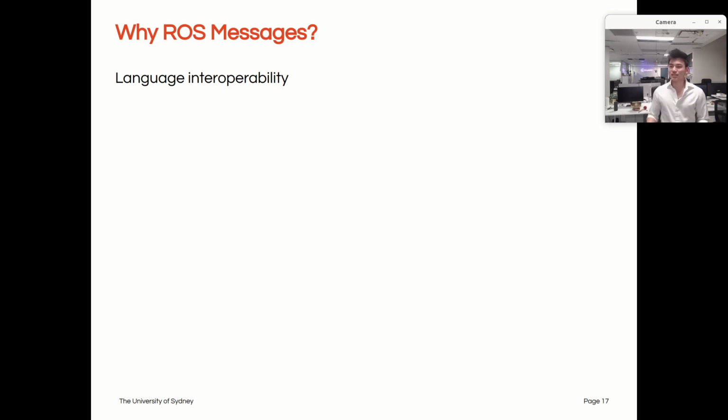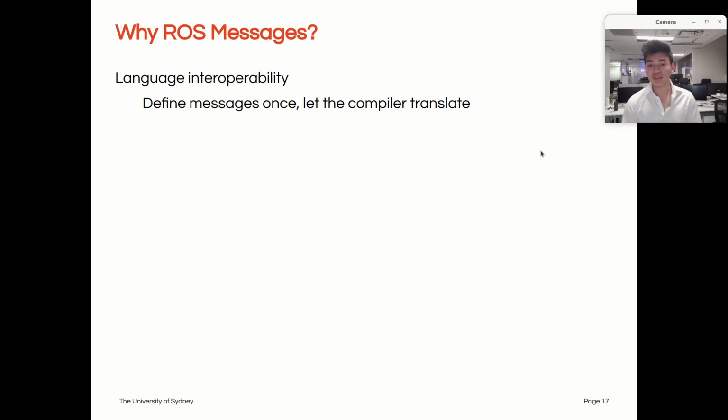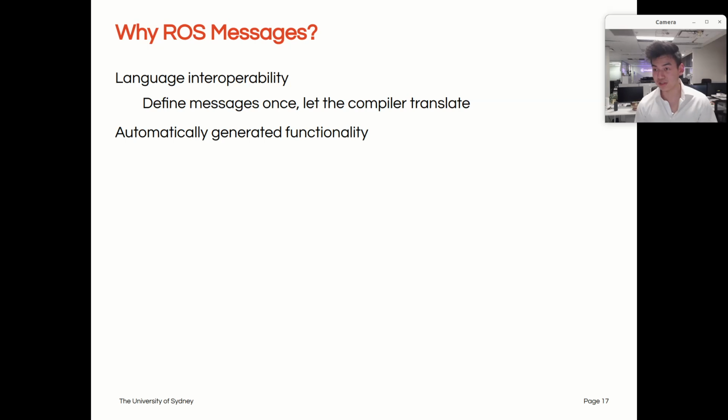When defining these messages, we don't want to define something for Python, then define it again for C++, then define it again for Rust. No, we want the messages to work across all languages. So we want to define messages once, and we let the compiler translate. And that's why we use ROS messages, because, well, it does exactly that. How does it do that? Because it automatically generates the functionality for you,